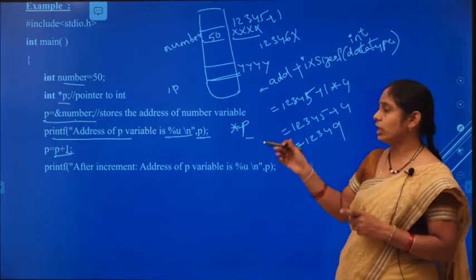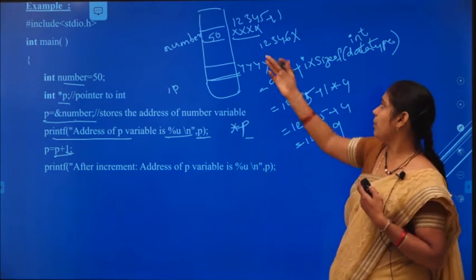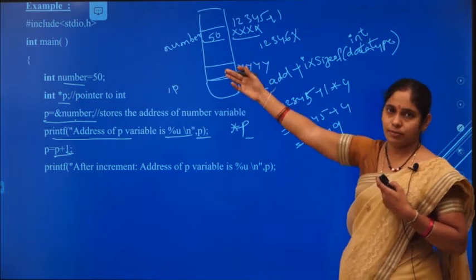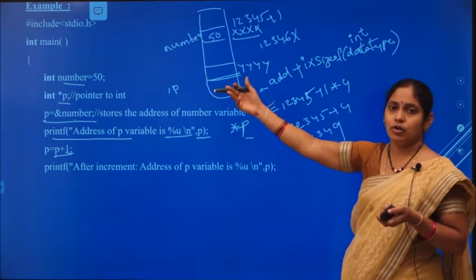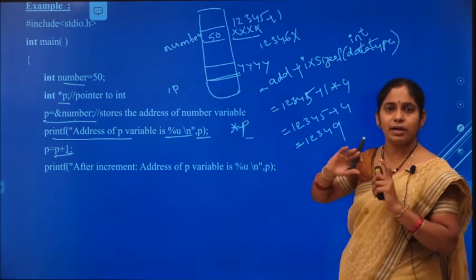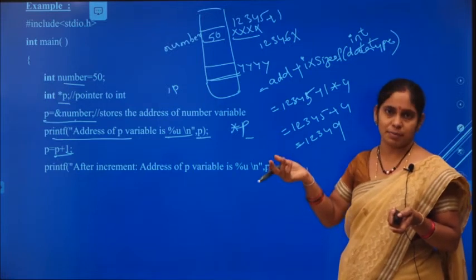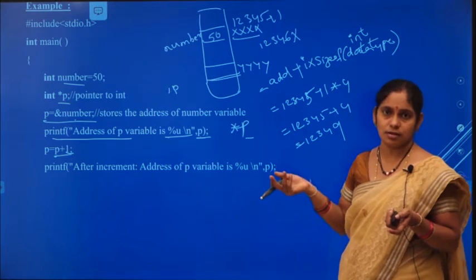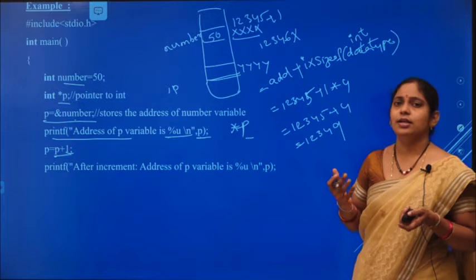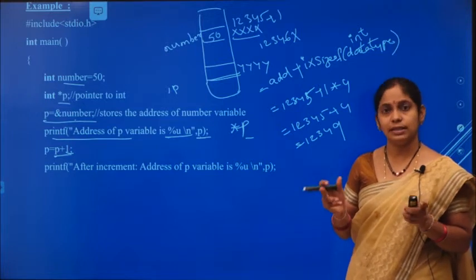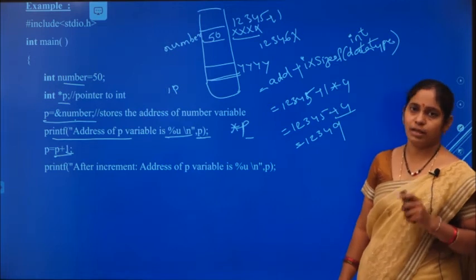All the times that location may not be available. Now I am executing, so that memory location is reserved to store that value. After completing that execution, the location will be released, the data will be removed from it, and that location will be used for some other purpose by the processor. Clear? So, for each execution, the result may change, but the increment will be plus 4 for one increment.